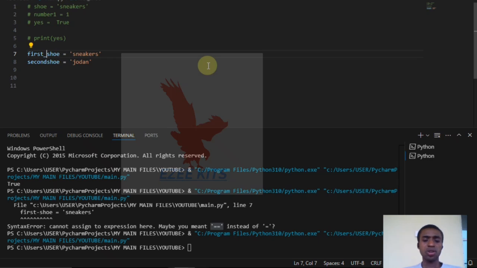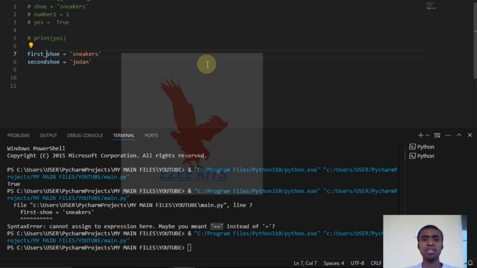So why do we even use variables in the first place? Like I mentioned earlier, number one, the first thing is to hold things for us, to hold values for us. That's the first thing, and those values are categorized in specific data types. So another thing is to make your code